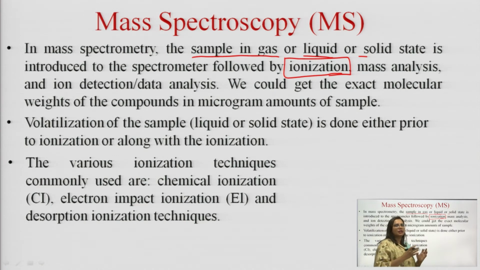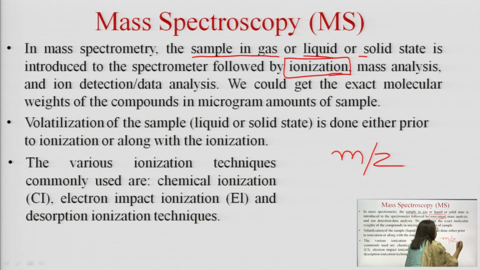On ionization, the sample is broken into various ionic fragments. Each fragment will reach the detector at a different pace, will have a different journey, and their charge to mass ratio